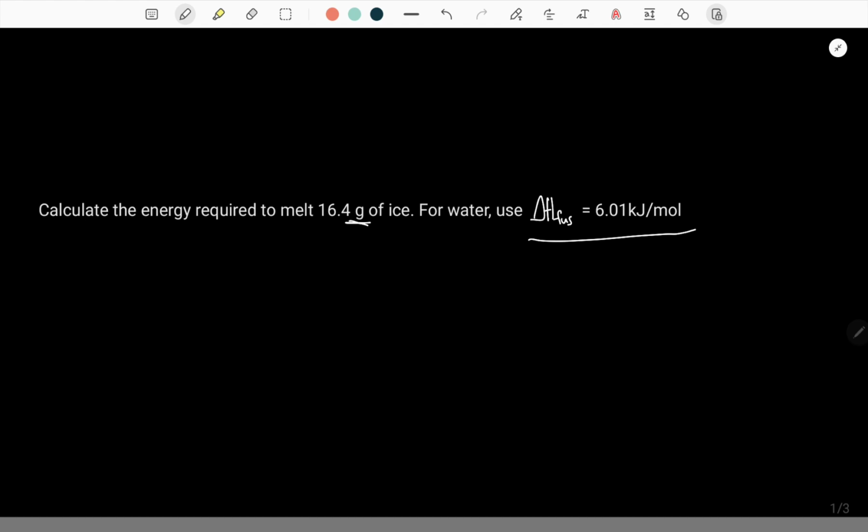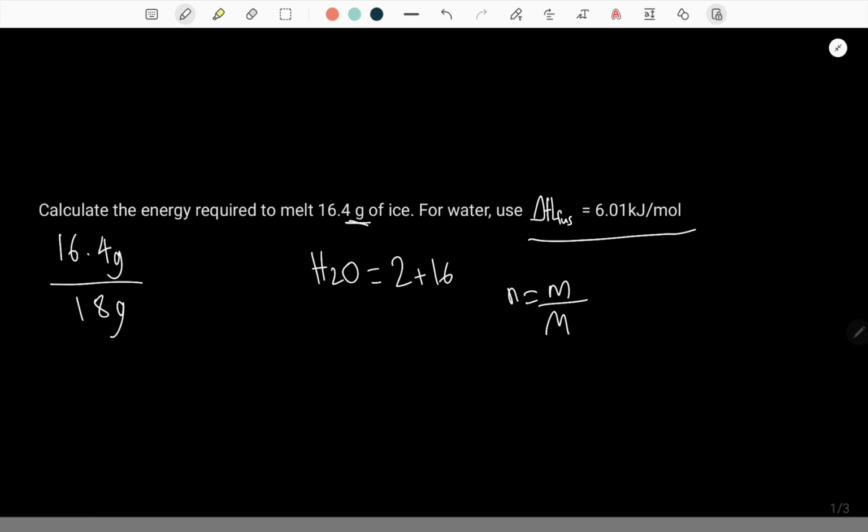To get the molar mass of ice, which is H2O, H is 2 plus 16, which is pretty simple from the periodic table. The formula for calculating the number of moles is mass over molar mass. That's what I did here, and you get the answer of